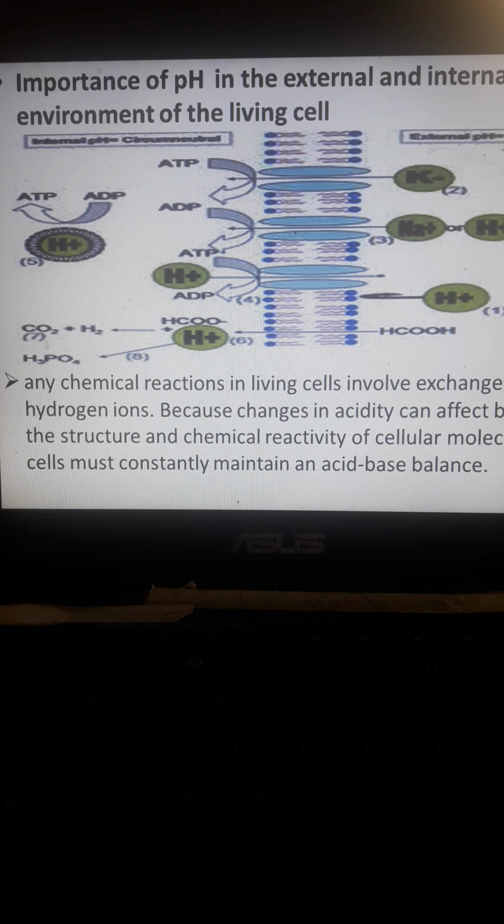For example, weak drugs or unionized drugs usually enter the lipid layer,